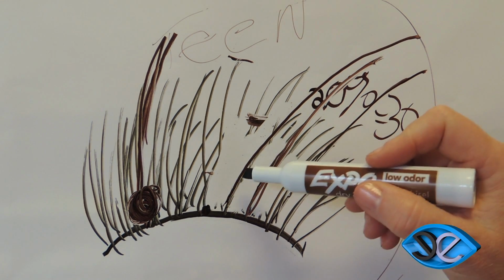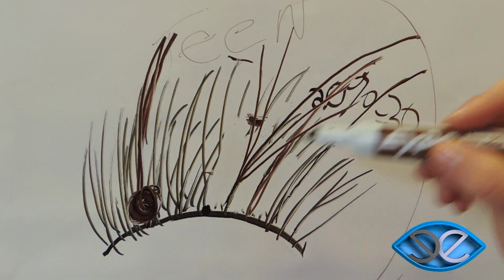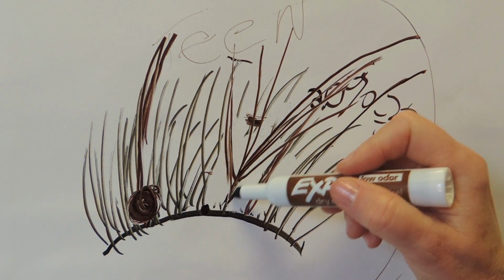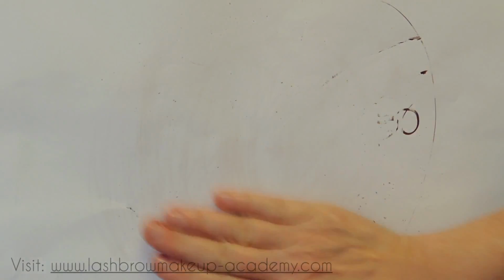What that is where we take and we make a bundle of lashes anywhere from, I would say, 2 to 6, but it's closer to the base here when we make them, and they fan out, but it's still separated away and isolated one single lash, and that's called volume lashes. But the thing to remember with volume, if you go to anybody with volume, is the hair size, and I'm just gonna magically erase this, the hair size of a volume lash is basically